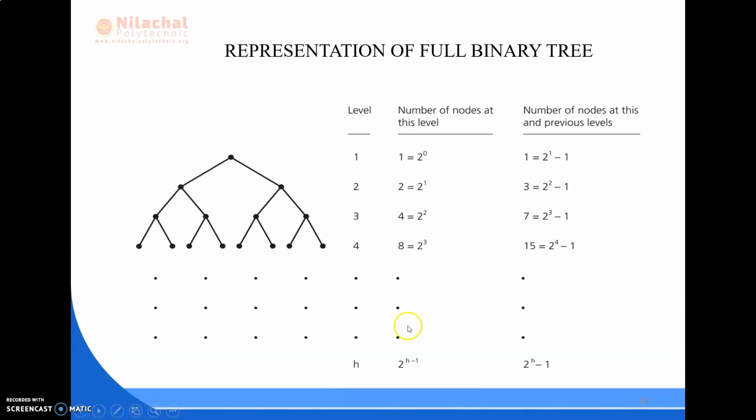So in all the cases, if the level height is h, the maximum number of nodes at this level is 2 to the power h minus 1, whereas the number of nodes at its previous level is 2 to the power h minus 1. So this is how we find the number of nodes in a particular level and its previous level.